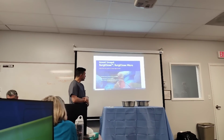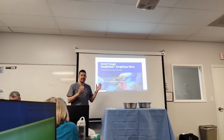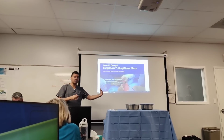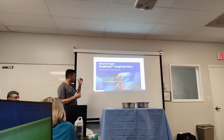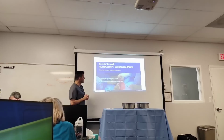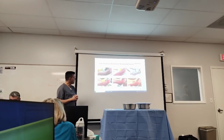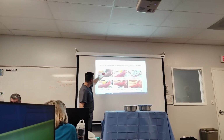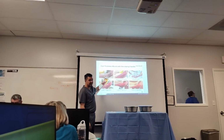So again, Surgiclose is more the surgical aspect that we're using in the OR. Aside from the burn product, Graft Guide, our brand name for the OR is Surgiclose. Okay, next slide. This was a snake bite that was performed, and as you can see, it's the necrotic